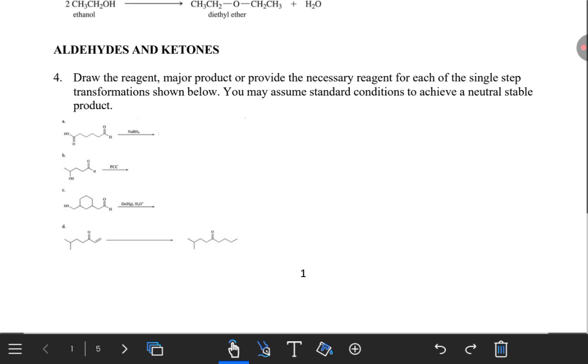And for us to answer these questions, we must know the oxidation or reduction of ketones and aldehydes. So this is what we need to understand. So before we can answer this question from CHE 2105, that is chemistry,